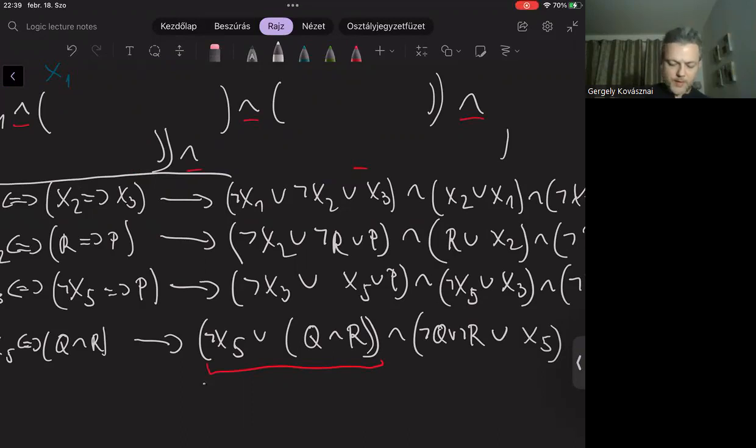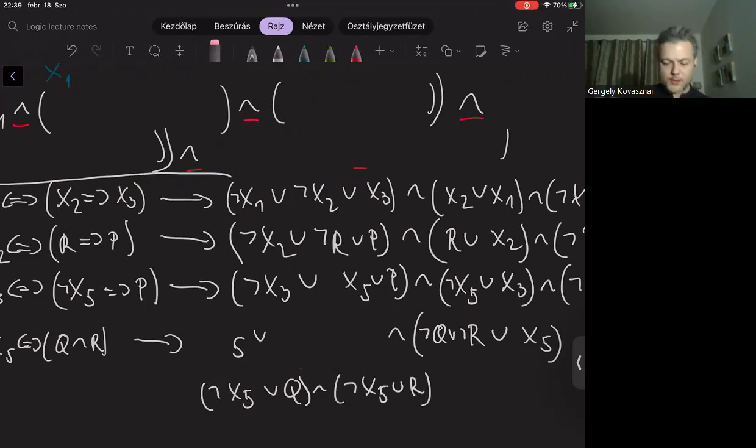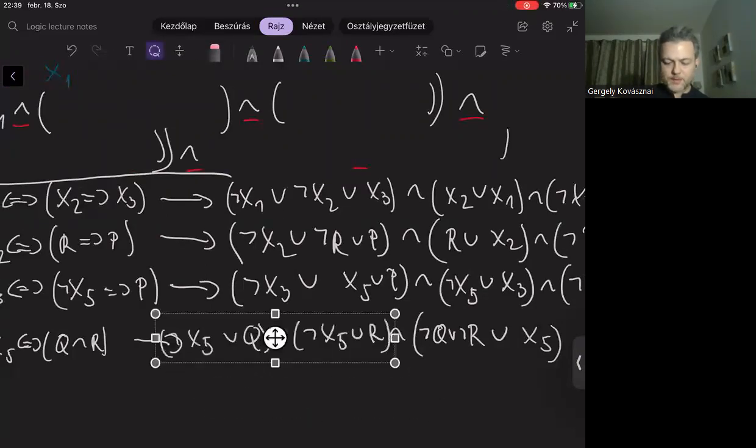So the final result here is not x5 or q, and not x5 or r. And then let's just plug these two clauses into the erased formula. So here, okay, yeah, okay, and this is the end of the solution,